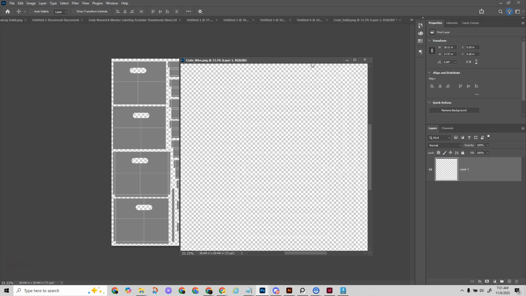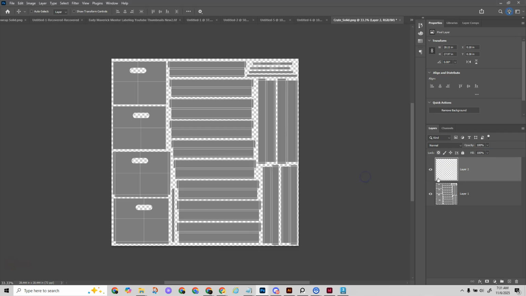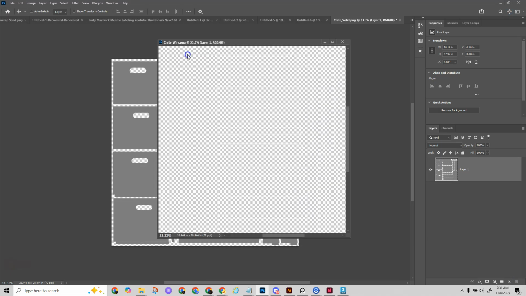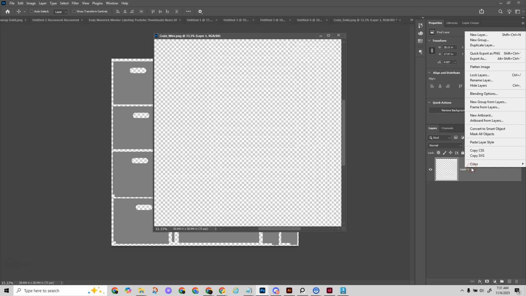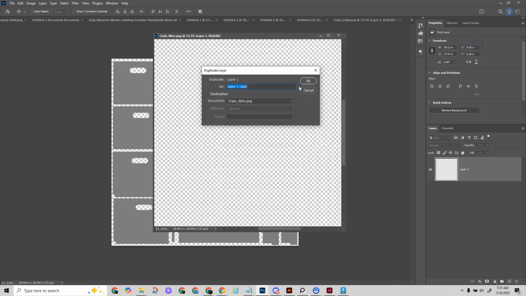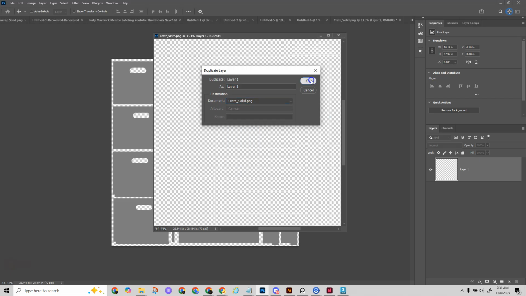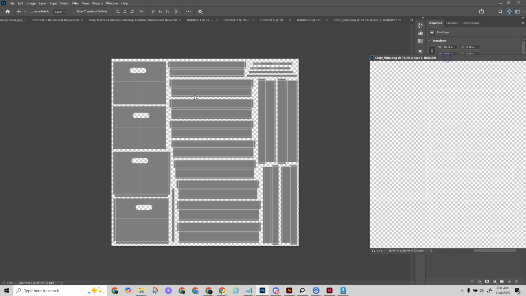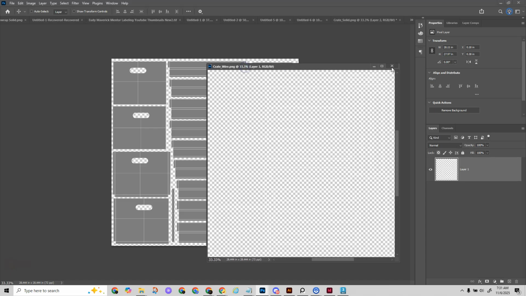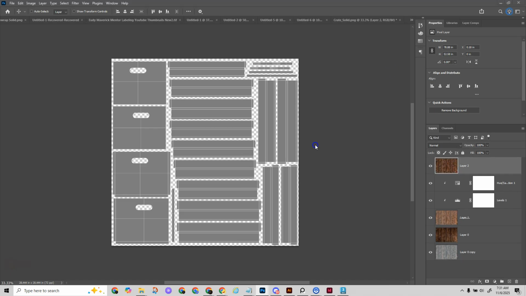Another way to do it, in fact, let me just delete that one, is you can go right here and right click and duplicate the layer, and then you can tell it where you want it to go. So I'm going to go onto the solid and then click OK, and then it'll put it over there and it'll be in perfect position. Okay, so